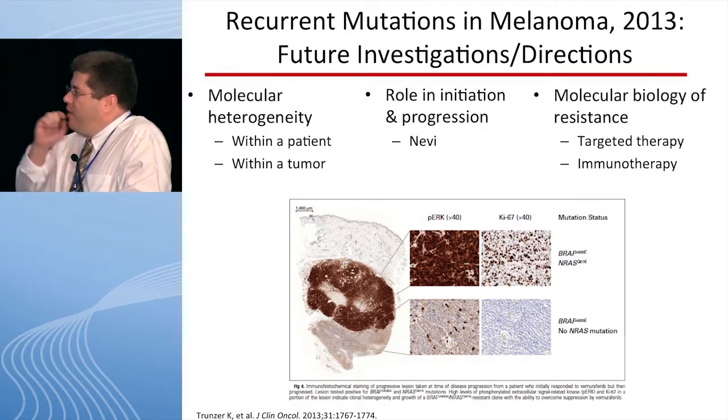So with the activating BRAF mutations, we know that these are not only the most common somatic events that happen in melanoma tumors, but they're also present at a very high rate in benign nevi. And we've been able to show in multiple different studies that if you look at different tumors in the same patient, the BRAF status is remarkably concordant. However, there are other alterations where there appears to be discordance, and for the majority of the mutations I presented today, we simply don't know whether they're concordant or not.